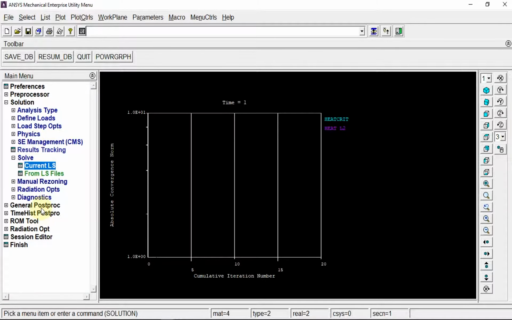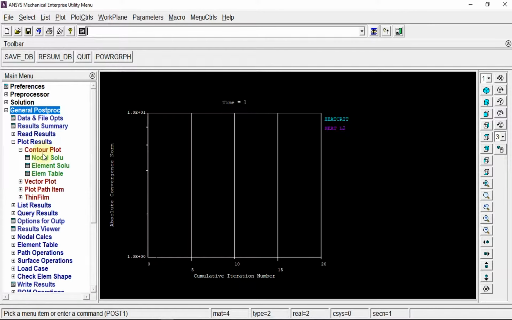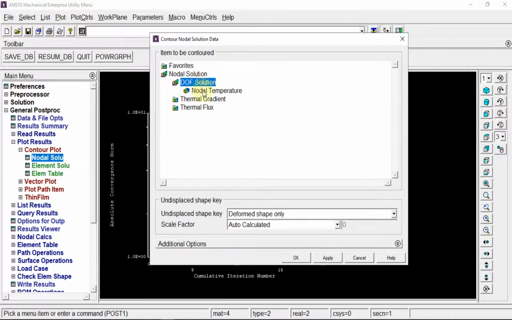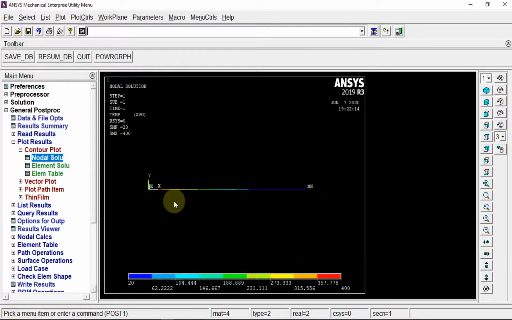So how we are going to get it is go for general post processing, go for contour plot, nodal solution, and in nodal solution we are going for DOF solution and nodal temperature. Okay, so this is what we are getting, and we can also save this.